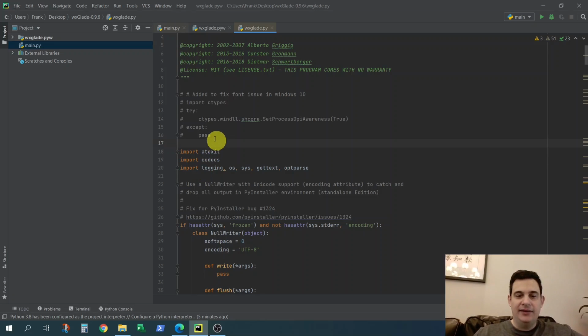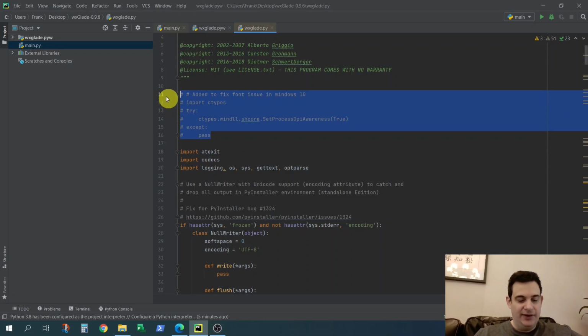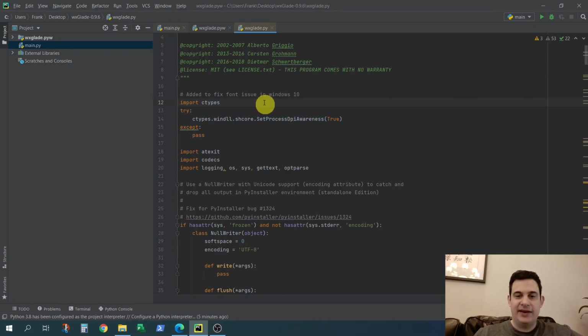You're going to want to add this line of code that I've commented out to demonstrate. And I just made a note to myself: I added this to fix the font issue in Windows 10. What you're going to want to do is import ctypes, and put in a try except block. And you're going to put in this line of code here,